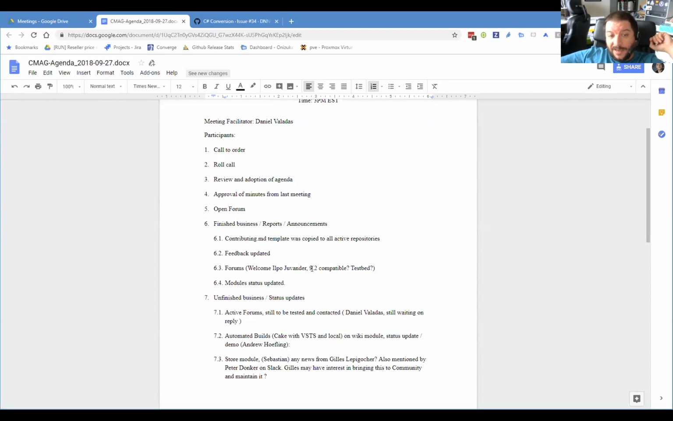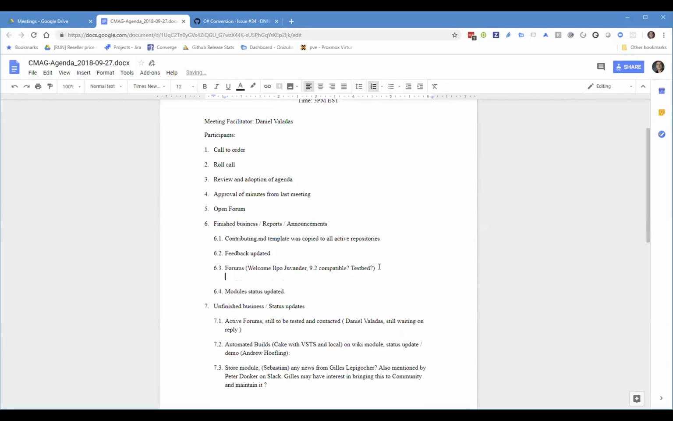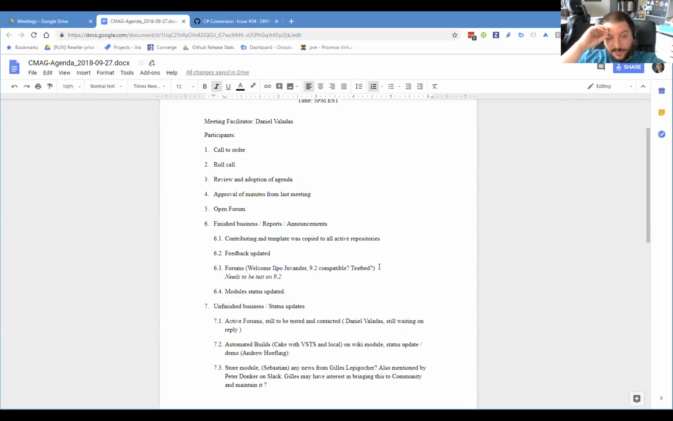Now we need to have that discussion again because Ilpo Juvender, who is on the meeting, has been maintaining forums on a separate repository. And Ilpo, can you confirm if it works with DNN 9.2? Haven't even tried, but I doubt it, since it has references to modules that are no longer there, so I guess not. Okay, so I guess the first step would be